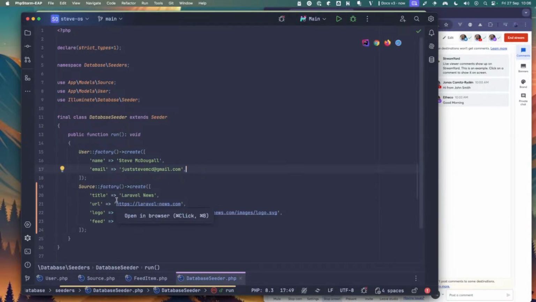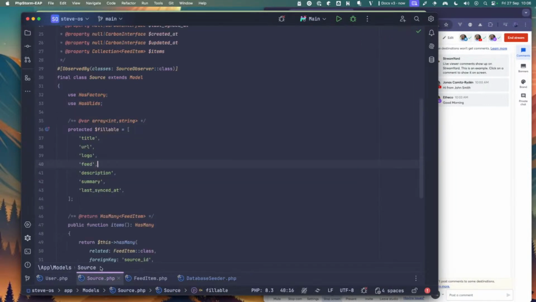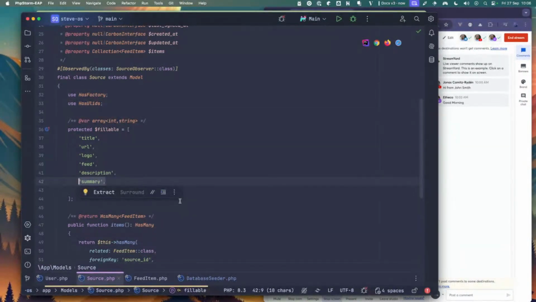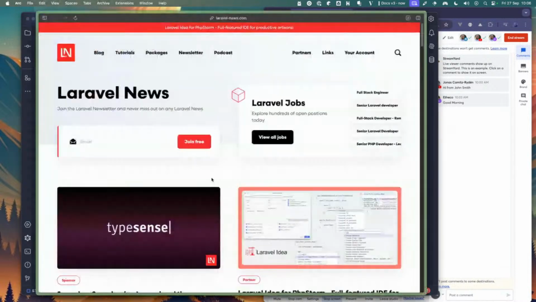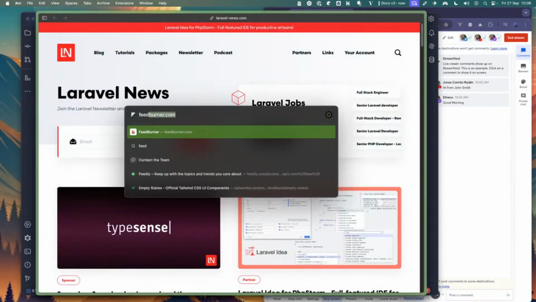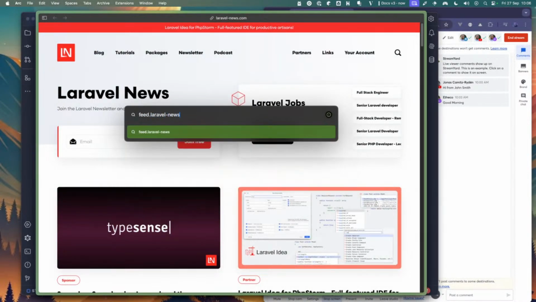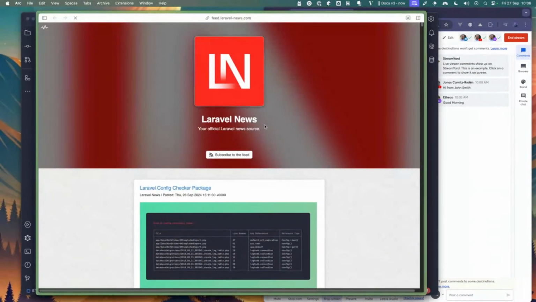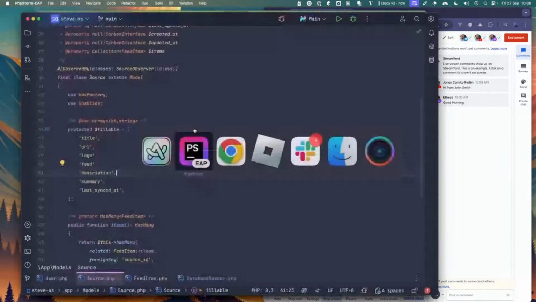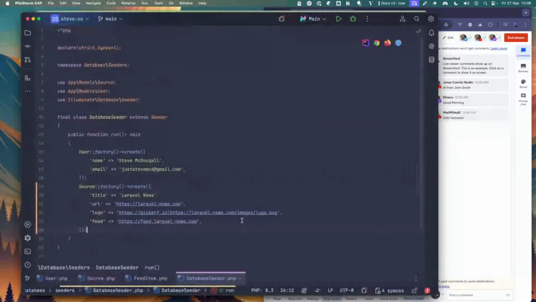Okay, it's title, URL, logo, feed, description, and summary. So, for example, if you go to feed.laravelnews.com on the web browser, you get this, and that is the description that they give you. So the description is going to be,